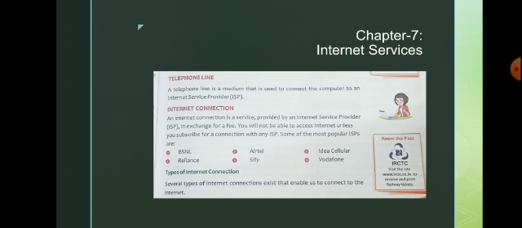Now, types of internet connection. There are several types of internet connection that exist which enable us to connect to the internet. Here, one important fact which you need to know is